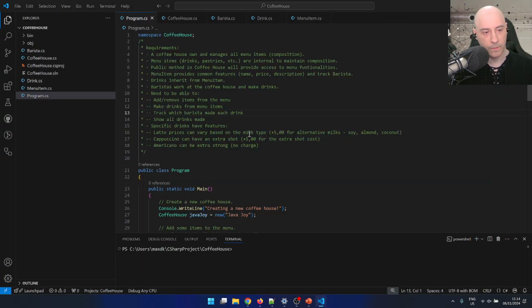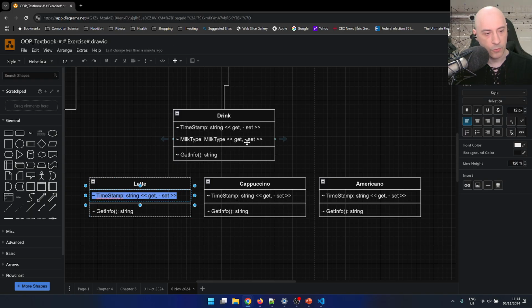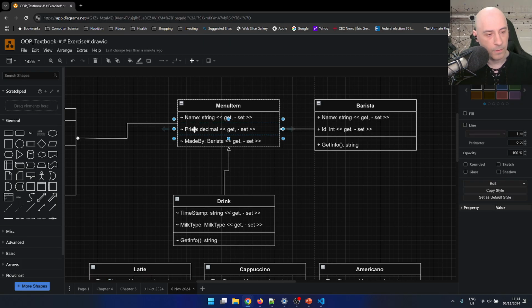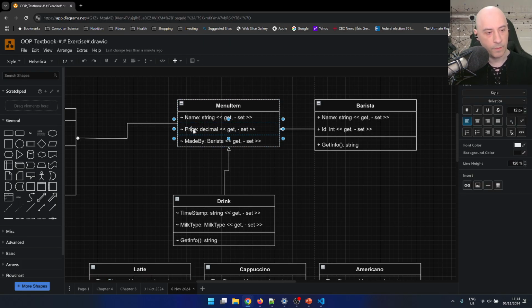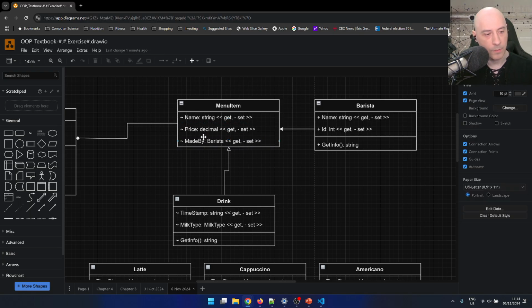Latte can vary price based on milk type. So we already know the milk type. We can probably do the same for the rest. That's fine. So we will probably update the price to be something overrideable. So this, I think we'll have this be something that we can override. And instead of just a property, we might want to have some way of actually overriding that price and have like a base price and total price, something like that. Don't know yet, but maybe a method. I think a method